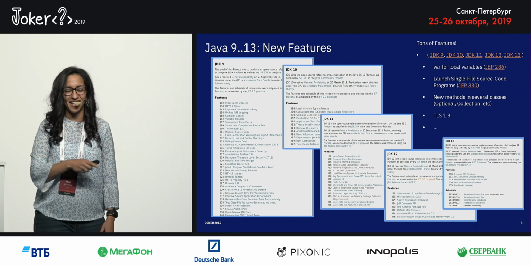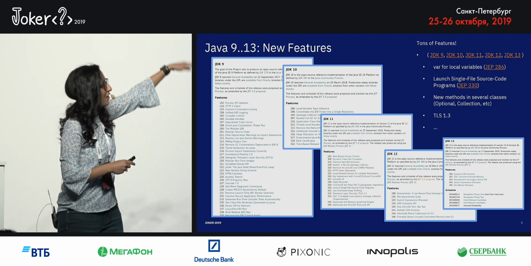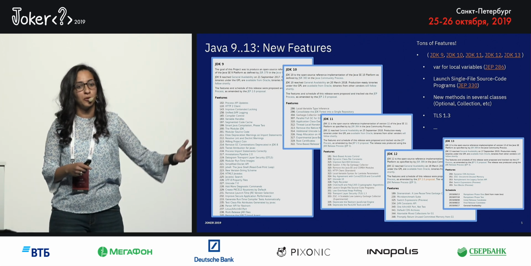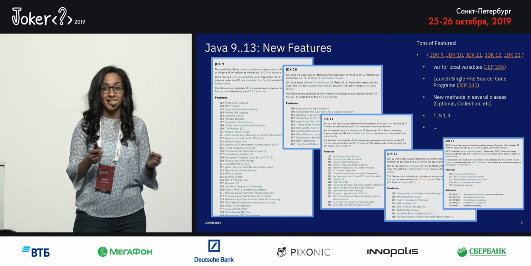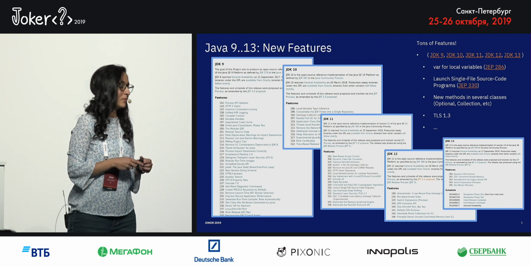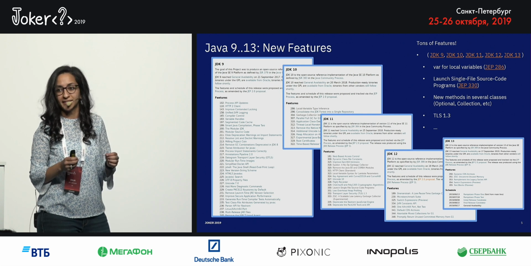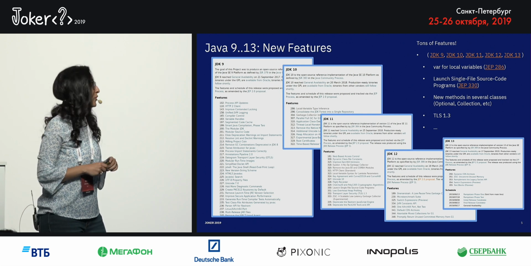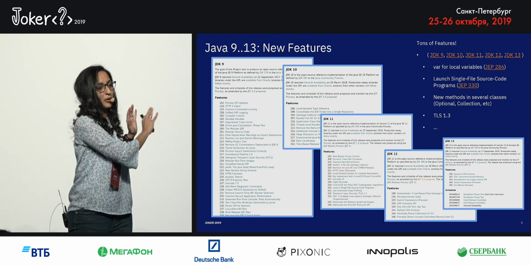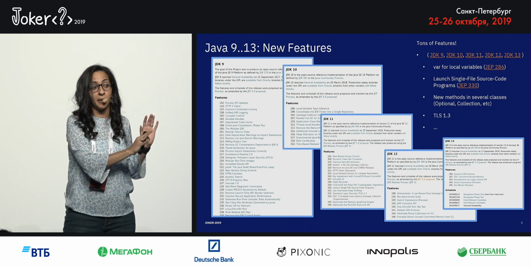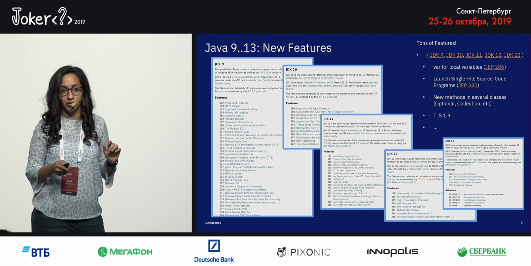New features. Lots of cool new features and why you should migrate. So I pasted all the different releases' new features. It's really cool. Some of my favorites are var, of course, and some helper classes and collections. Helper methods and collection classes, mainly because I like my code concise, and they added really nice methods in there. But this is all fun and great, but that's about it for talking about new features. I care about features that were taken out and features that might break your application. So speaking of